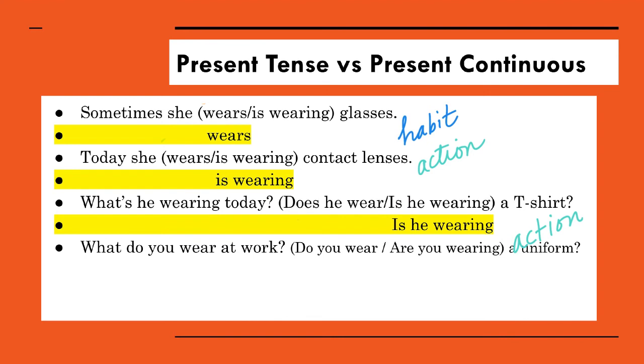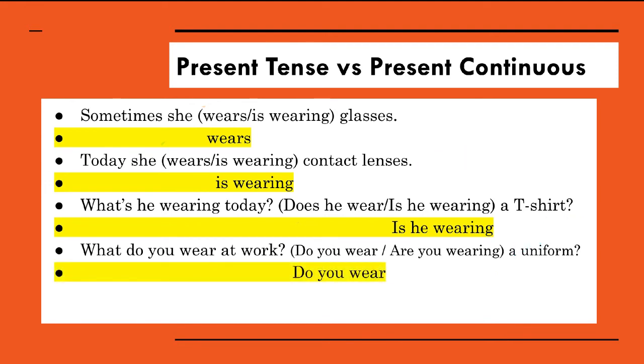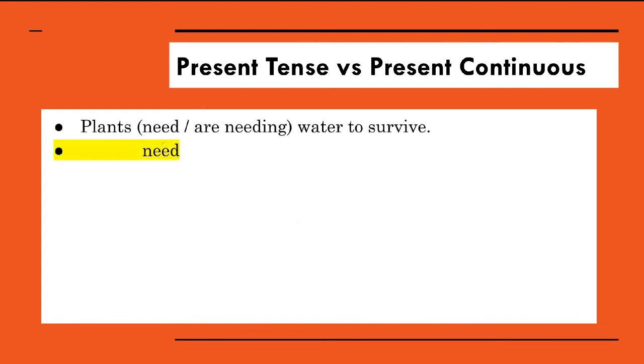What do you wear at work? Now, what is this situation? This is the situation that is like a repeated, scheduled action. It is not something you control. Someone chooses your uniform at work. You repeatedly go to work. That's right, simple present. This sentence, I recognize that is a scientific fact. That's a timeless truth, simple present.